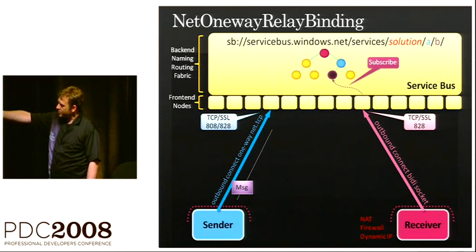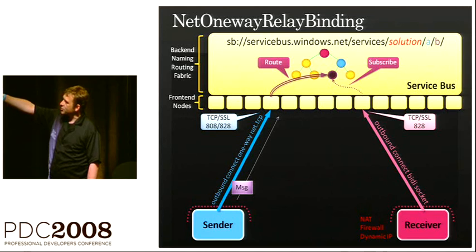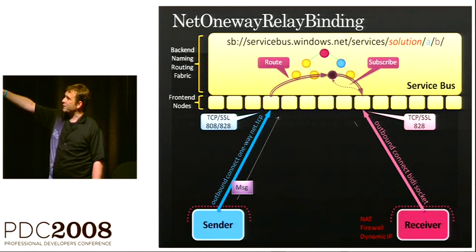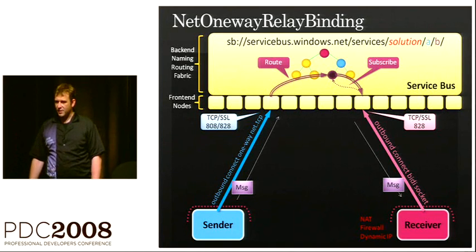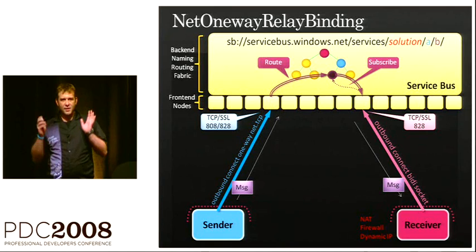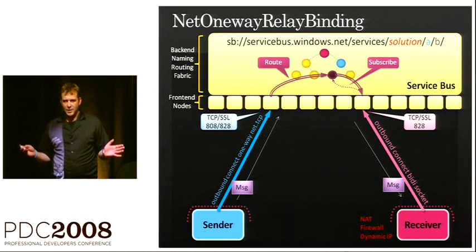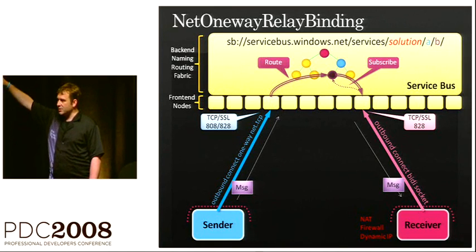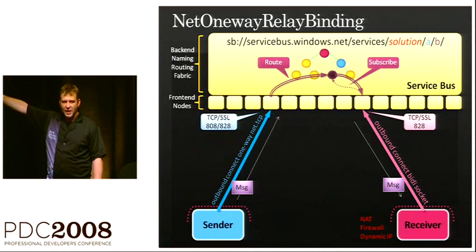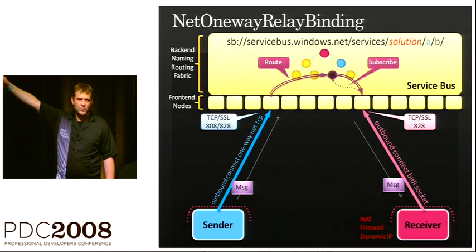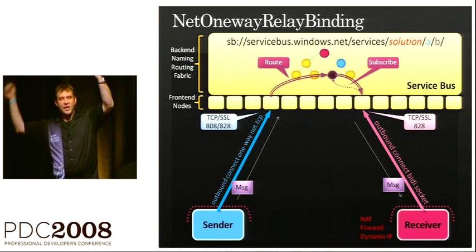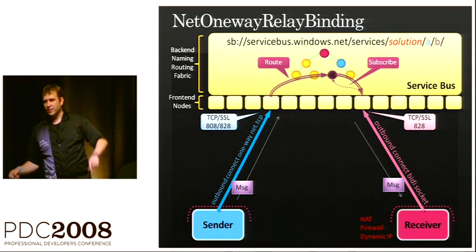Well, you send a message up. That message gets routed, aided by the naming fabric, and then gets routed down to the right node, and that's the way it gets to the receiver. That's the simplest path. So there's a socket connection outbound that we keep alive and we reestablish if needed. And you have a name in the cloud-based registry. Messages can be sent to that, and we route that down your socket, and you're getting it.